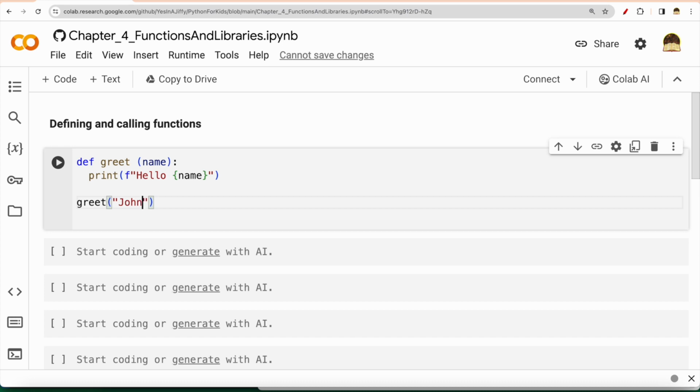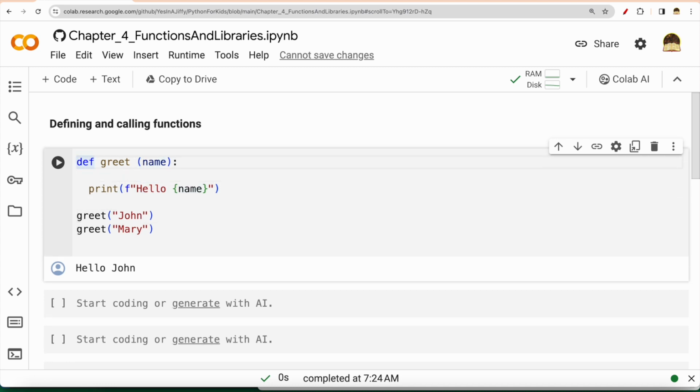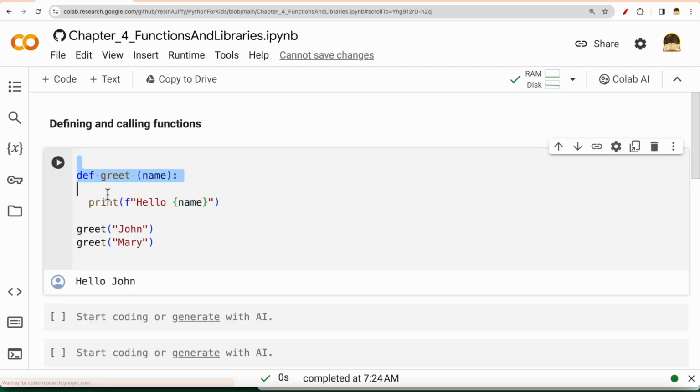So now what is happening here is that you have written a function. The name of the function is greet and it accepts one input parameter. The name of that input parameter is name, and it leverages that input parameter to do something, which is just print that name. So if I say greet John, it will print this. And now once I have defined it, I can call it multiple times and I can say Mary, and there could be a different functionality here, which could be, let's say I want to count how many people I greeted today. Greeted